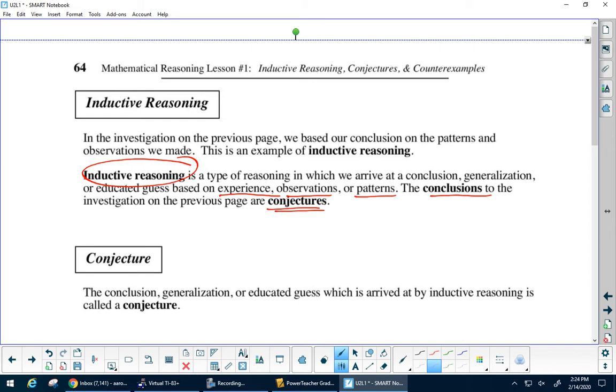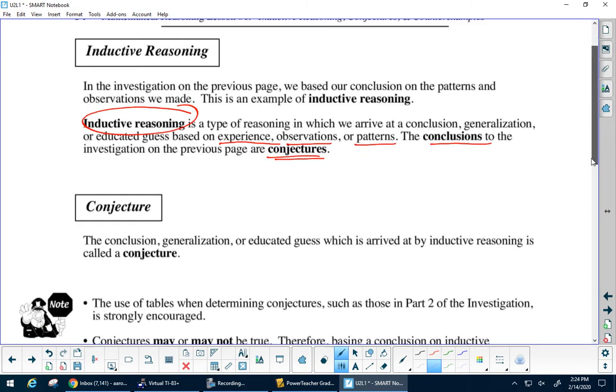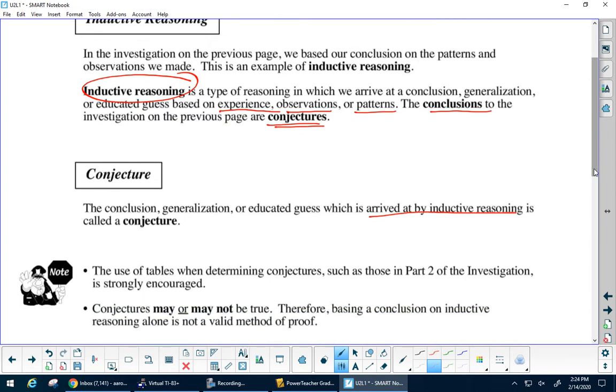So, a conjecture is when you make a decision arrived at by inductive reasoning. Now, inductive reasoning means that